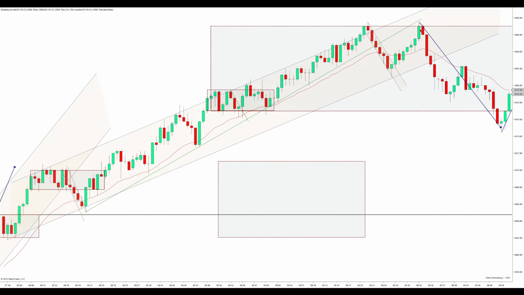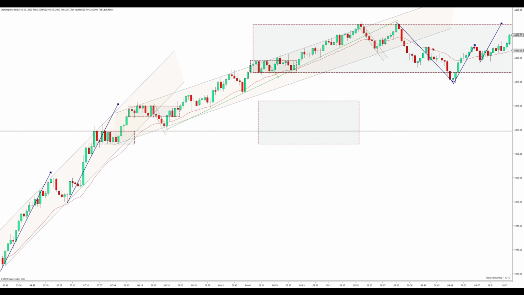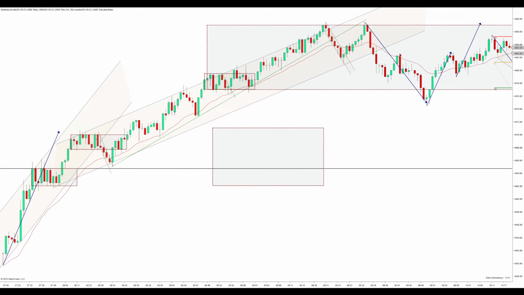But instead we just go up, we make a double top, we start pushing lower again, and then we get this two-legged move right here. So that counted as a count reset right there when it did that double top, because now we have this new two-legged move down. And so when we broke out here, I don't like this short. I was wanting to get two